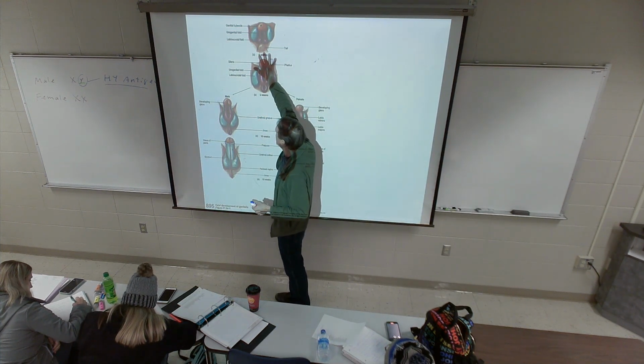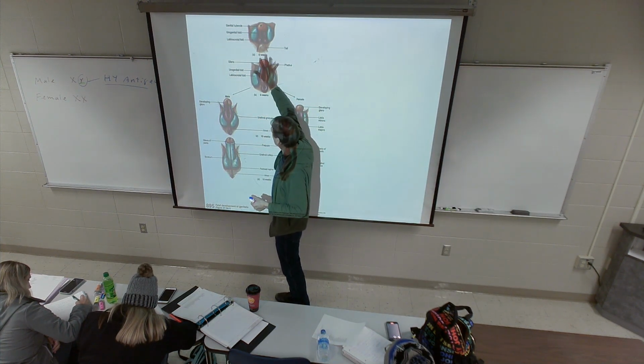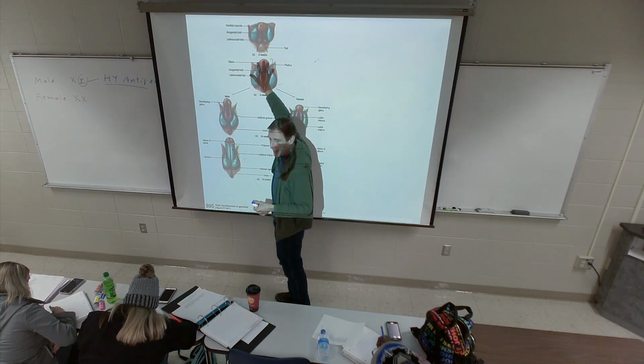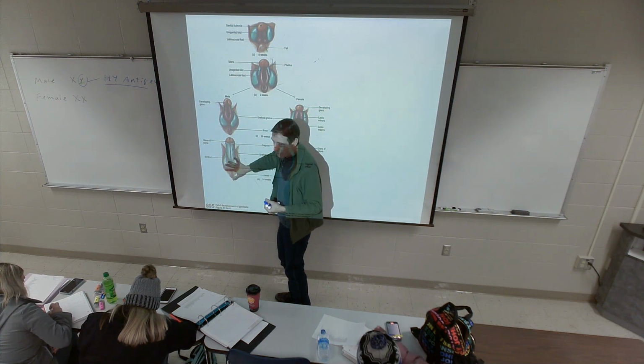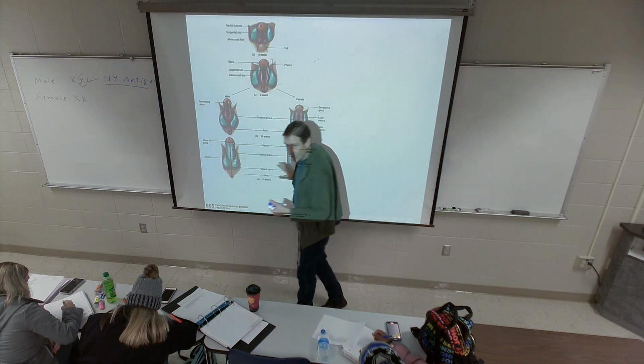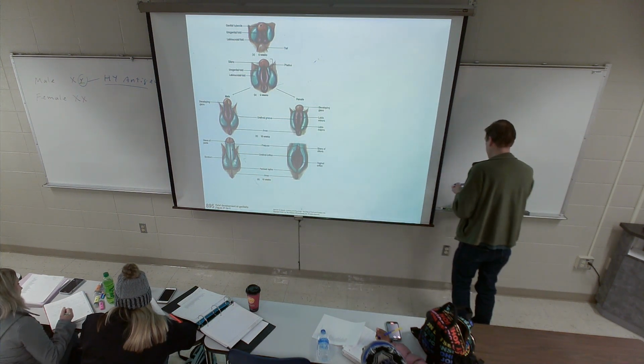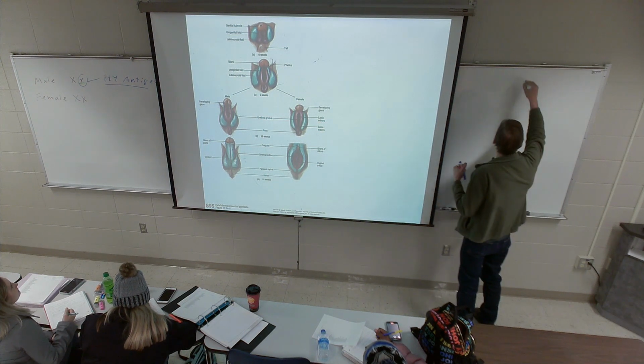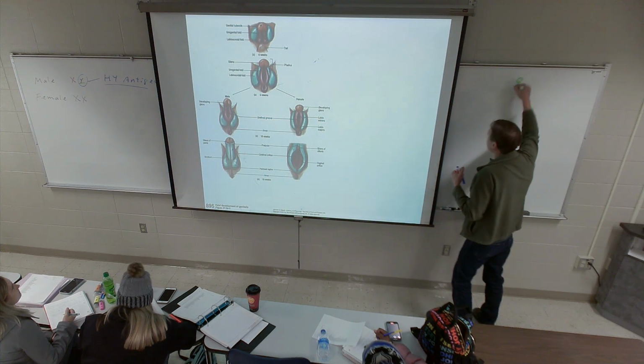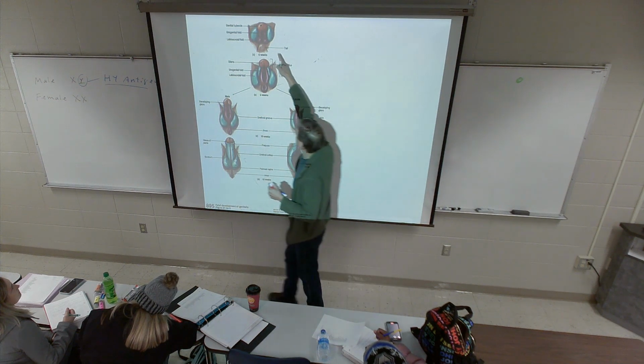Again, same stage embryo. I'm going to start here, and then we'll just kind of see what happens. If this is a genetic male, you get testosterone, male structures, no testosterone, kind of the default is a female structure. So kind of the bits we'll look at, let's see if I got enough pens here. They've color coded a few bits. So kind of this piece of yellow up here,